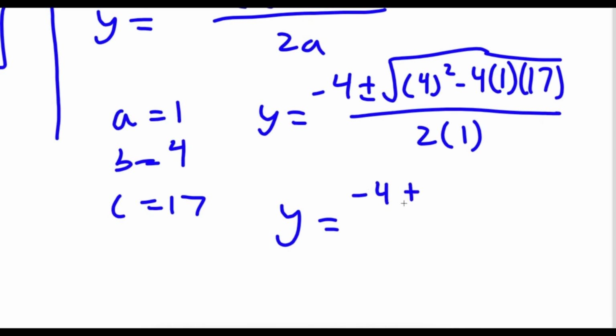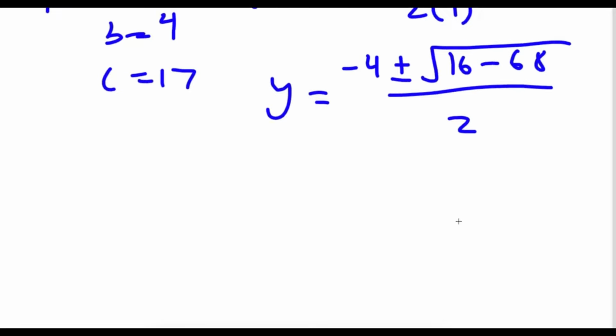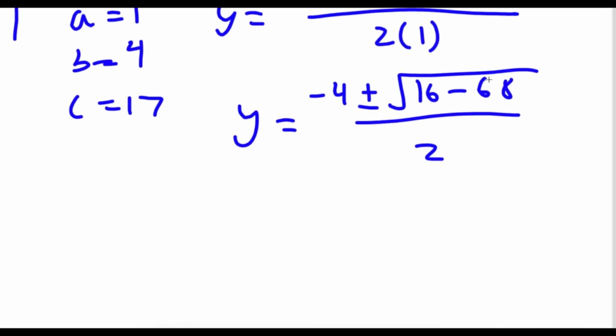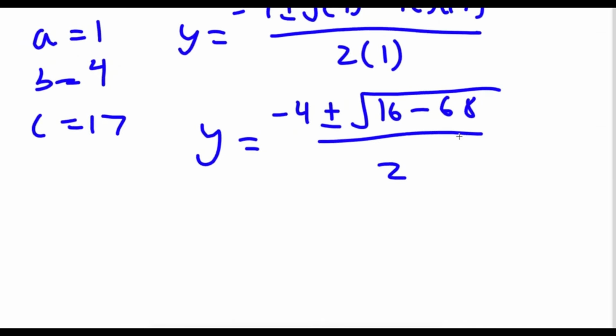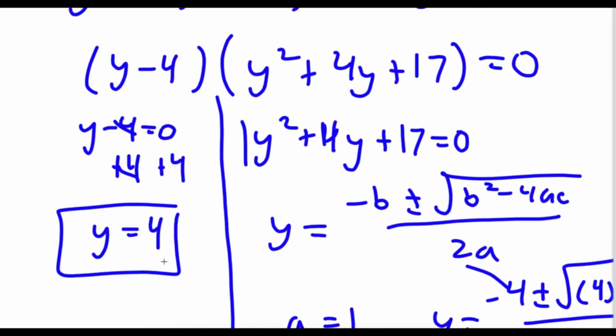Now I have negative 4 plus or minus the square root of 4 squared, which is 16, minus 4 times 1 times 17, which is 68, over 2 times 1, which is 2. Now 16 minus 68 is going to be negative 52, which is a negative number. And you can't take the square root of negative numbers, so this is false, meaning our only solution of y